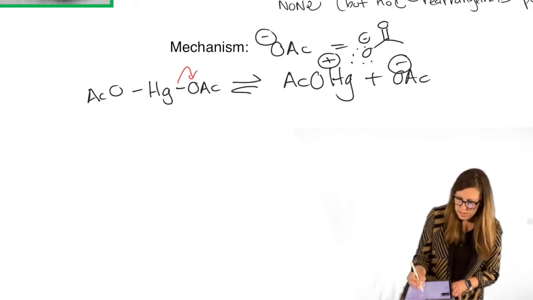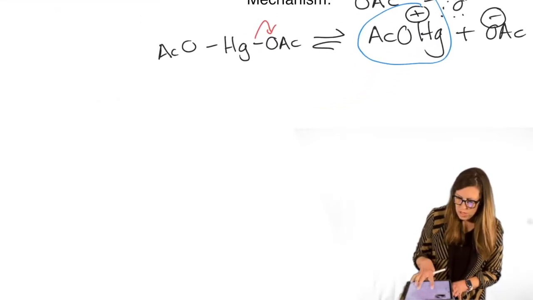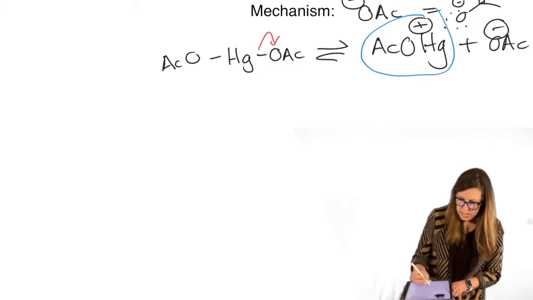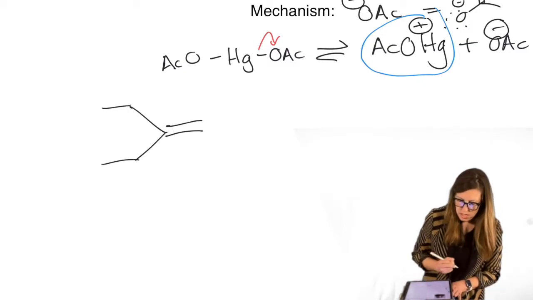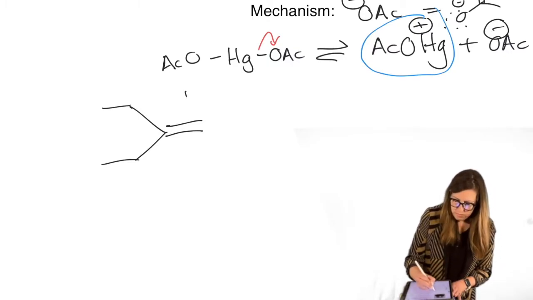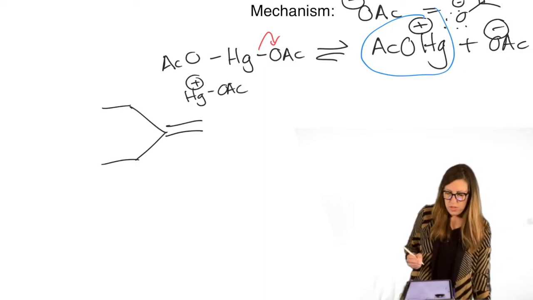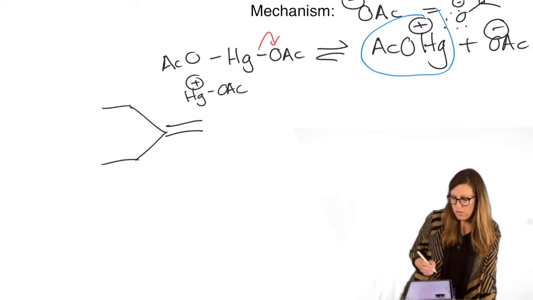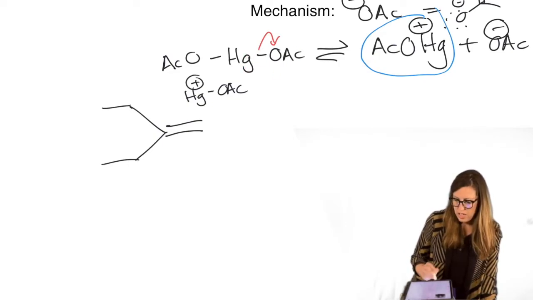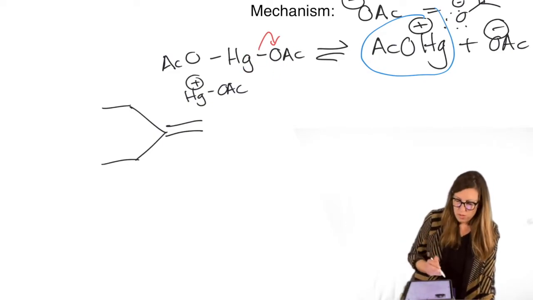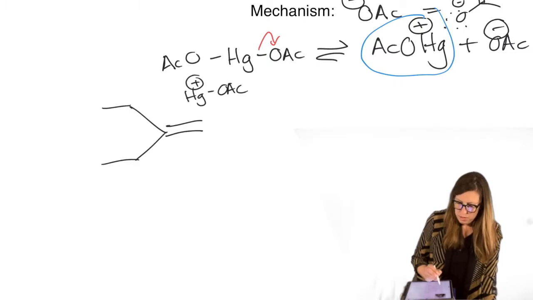So we'll use this guy right now to react with our alkene. So let's take our alkene. I'm going to lay it down on its side just so I can really focus on that pi bond. And I'm going to bring in the mercury that's positively charged. It just looks more reactive that way, right? So you can choose to do it after you let it dissociate, or choose to attack it here and let it kick off. So some books do it in different orders, but it's the same sequence of steps.